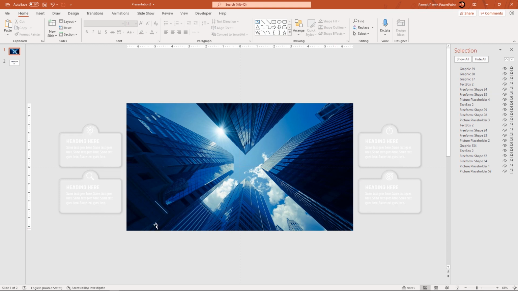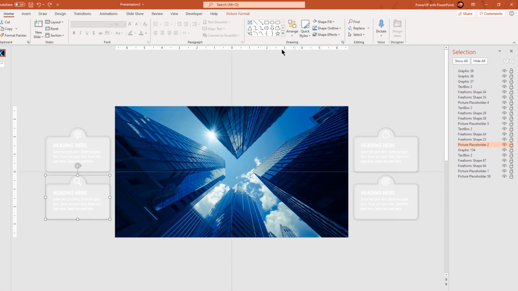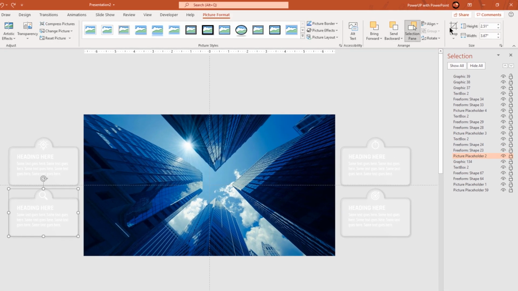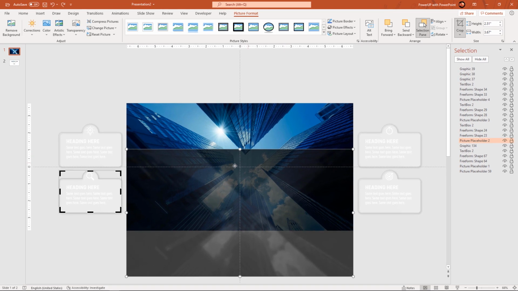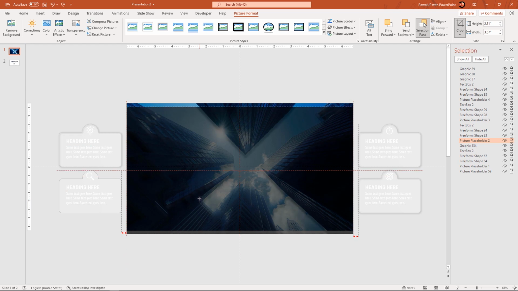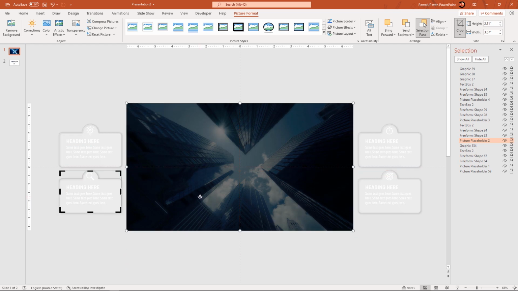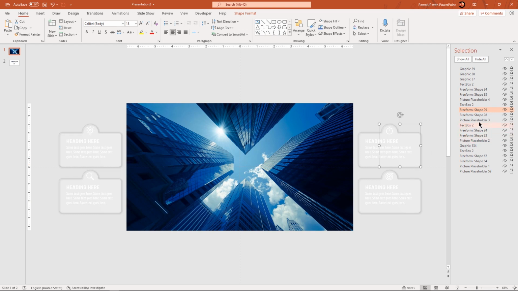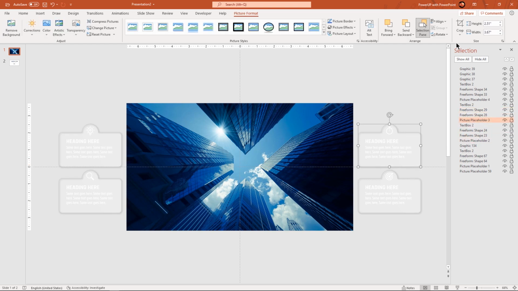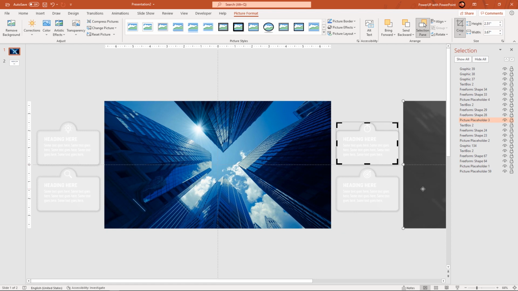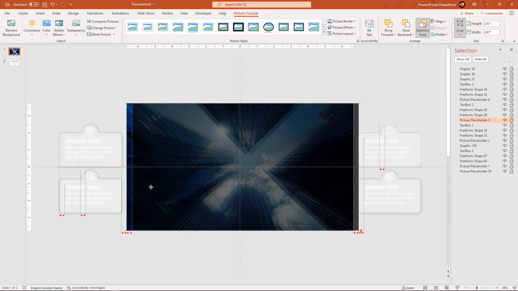Now we need to fix the similar issue with the second, third and fourth shapes. Select the picture placeholder of the second shape and then enable the crop option. As I said before, this image will be shifted, so just drag and align it back to the background. Similarly, do it for the third and fourth shapes. You can see it is very easy to identify the picture placeholder by just looking at their names.